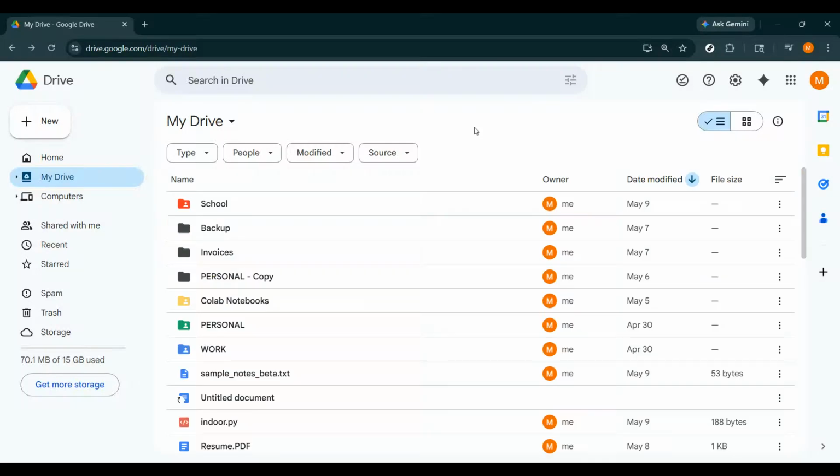If you've ever selected a bunch of files in Google Drive and then realized you only needed a few of them, don't worry, there's a super quick way to deselect them. In this video, I'll show you exactly how to deselect files in Google Drive in just a second or two, using two simple methods that work on the web version. This is perfect when you're organizing folders, moving files, or cleaning up your drive and you want to clear your